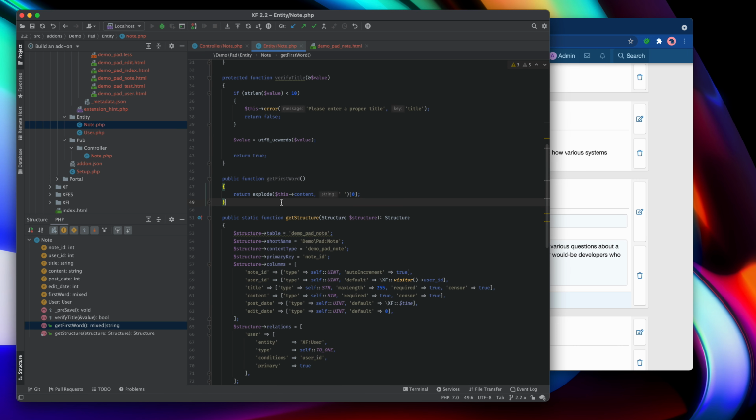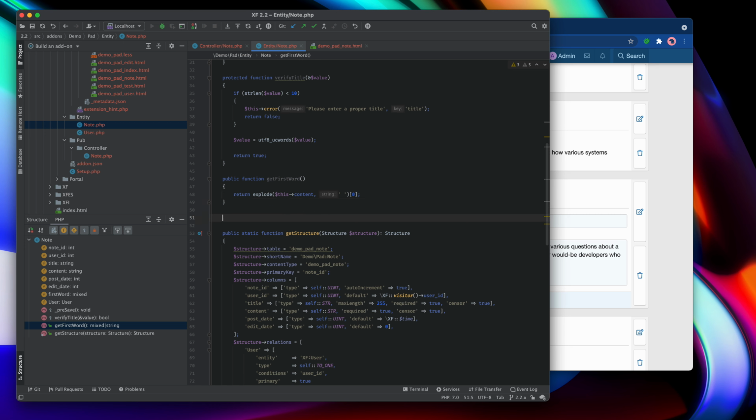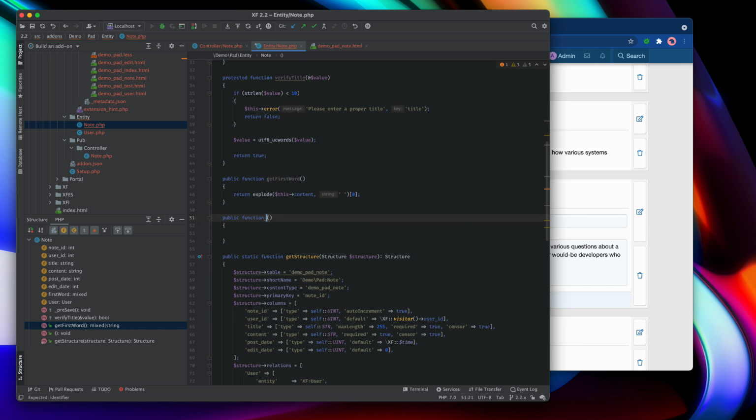Well, the entity contains all sorts of information about itself, so it makes sense that it would be the final controlling structure to say whether or not a particular user or user group has the ability to do something to it. So let's start off with a quick canEdit function. We'll have a public function called canEdit, and I'm going to pass it by reference a parameter called error, so that I can not only return true or false for can you edit or can't you, but I can also assign some sort of error code or string to that variable that I've passed by reference, and then the calling code would be able to reference that.